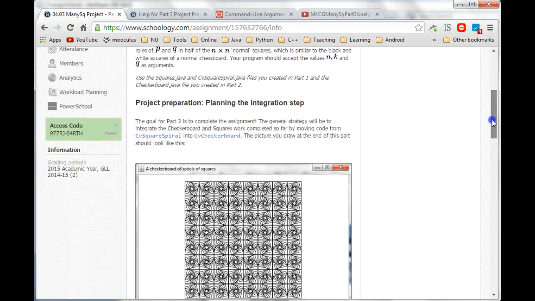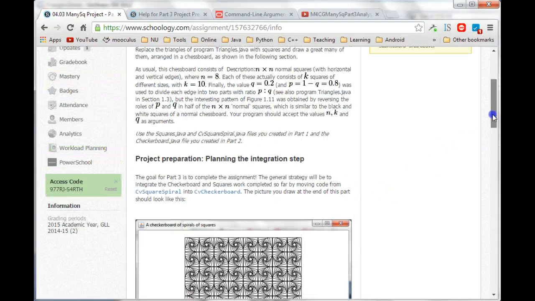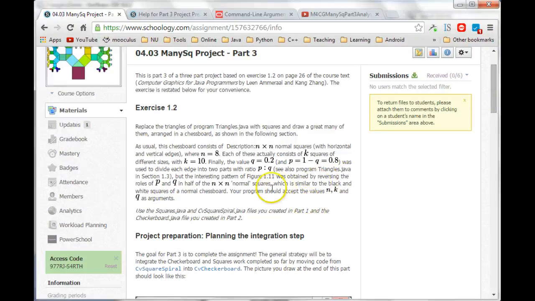Alright, part 3, project preparation, question 3 here. How can we get the spiral squares to switch direction? If we look back in the original problem here, it says the value q equals 0.2 and p equals 1 minus q equals 0.8 was used to divide each edge into two parts with ratio p to q. And you can see this in the triangles